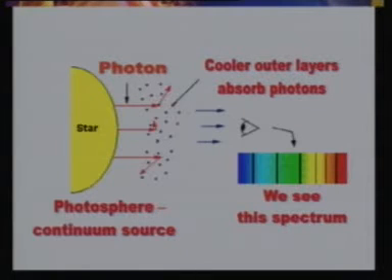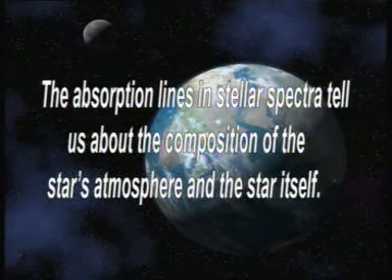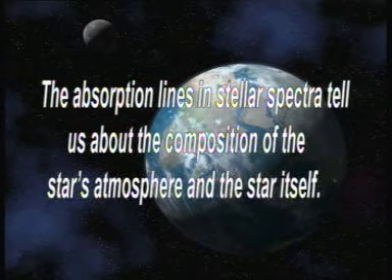When a star emits light, as we showed you in the first slide, this light has to pass through the atmosphere of the star, and therefore the absorption lines are generated in the atmosphere of the star, and the absorption lines in the spectrum tell us about the composition of the atmosphere. So the information that we get is about the composition of the atmosphere, but since there are processes which tell us that there is interaction between the atmosphere and the rest of the star, we can say that this is also an indicator of the composition of the star itself.